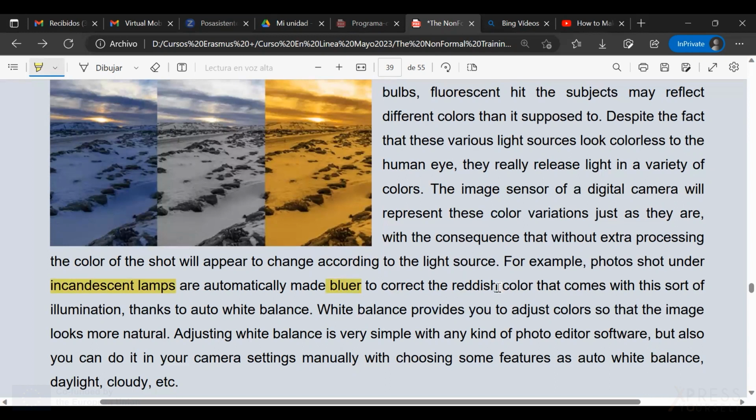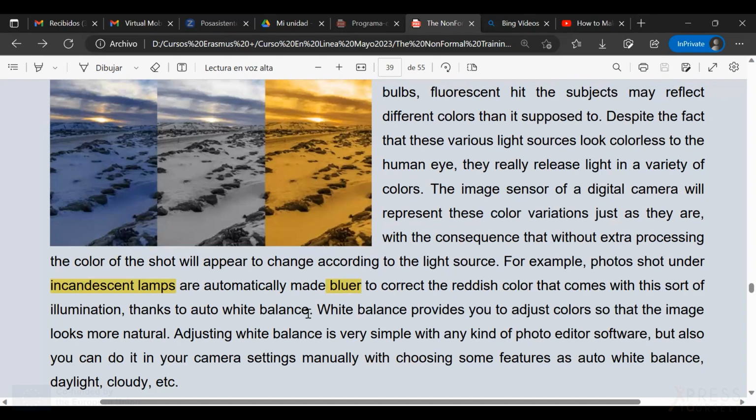They will be reddish, but as we are using a digital camera or a smartphone, it will correct the reddish result and make it blue like here, more blue, right here. That is when we have the auto white balance.